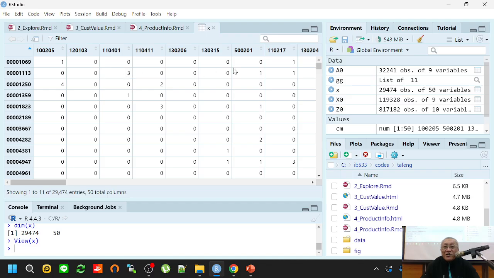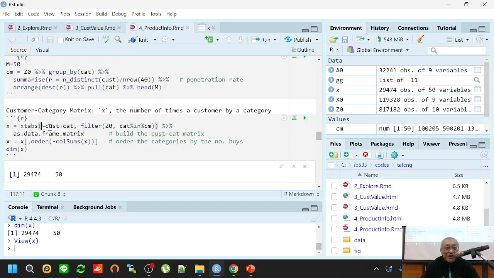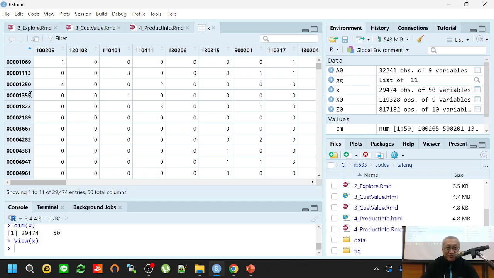And buys this category 1 time, buys this category 1 time. And this customer buys this category 4 times, and buys this category 2 times. So this is customer, and this is category. Without putting a summary variable, it simply counts the number of records. So with that, we have this matrix showing us,